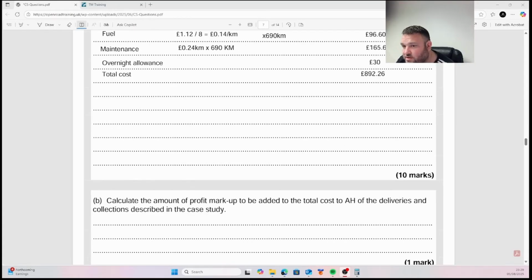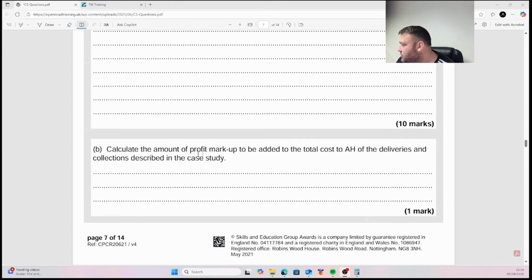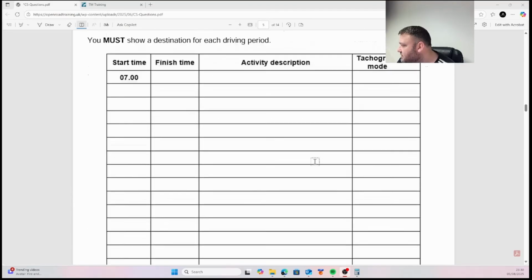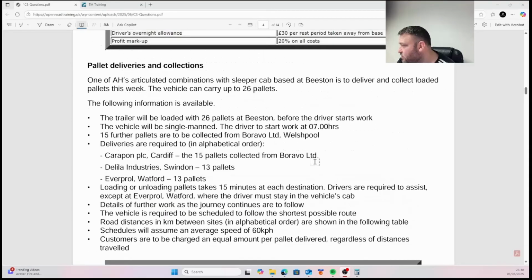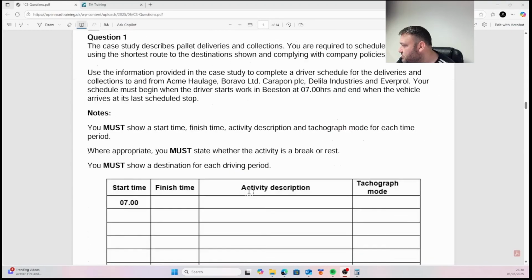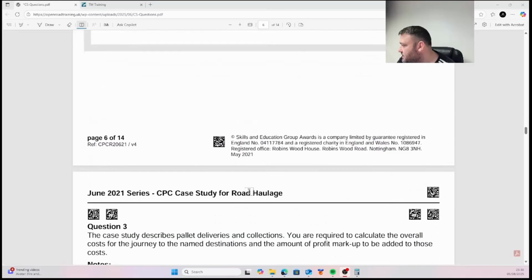Now that we've recorded that part of the answer, what we're going to do is look at the next part of it. Calculate the amount of profit markup to be added to the total cost to AH of the deliveries and collections described in the case study. So, how much of a profit markup do we add? We're not doing this by memory, we're going to go back and check, and we are looking, there we go, 20%. So 20%, so we're going to go back to that figure,